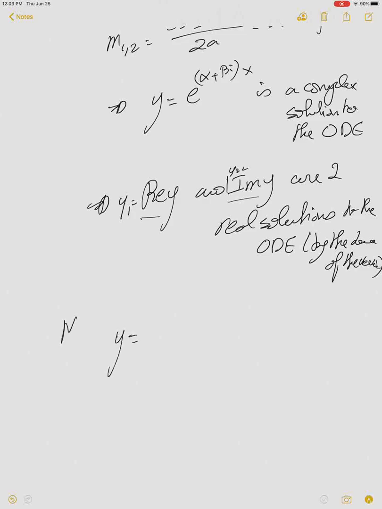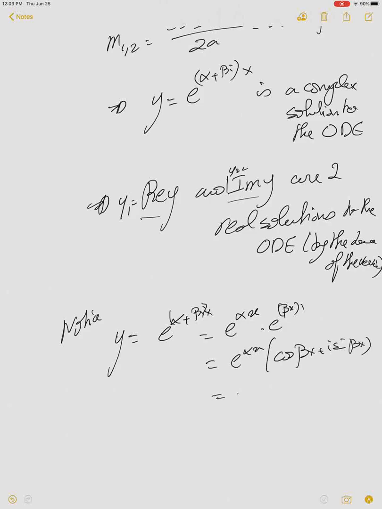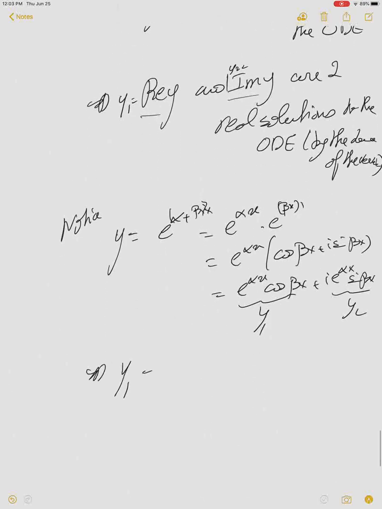But notice that y equal e to the (alpha plus beta i) x. This is equal e to the alpha x times e to the beta x times i. And this is equal e to the alpha x from Euler formula, cosine beta x plus i sine beta x. This is from the review. So this is equal e to the alpha x cosine beta x plus i e to the alpha x sine beta x. And this is y1 and this is y2 without the i. So this implies that y1, which is equal e to the alpha x cosine beta x, and y2, which is equal e to the alpha x sine beta x,